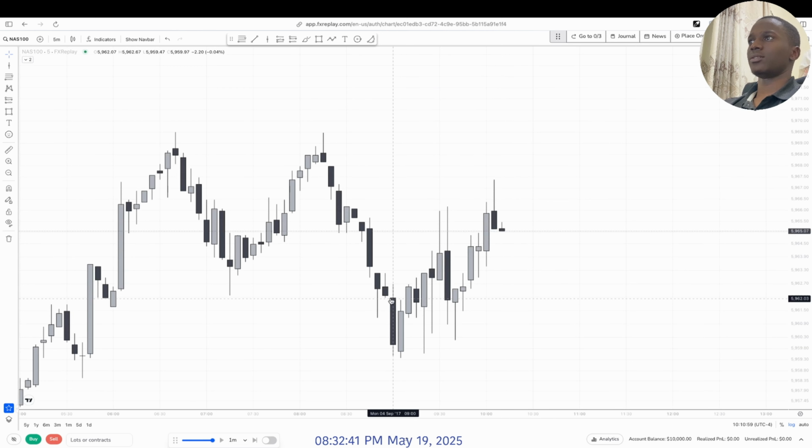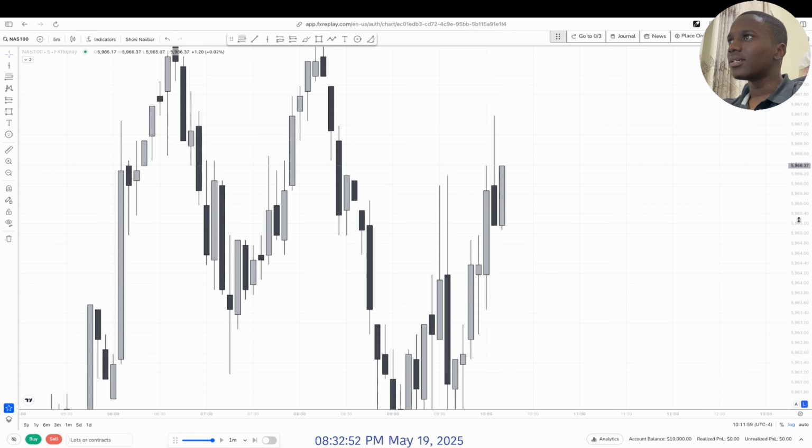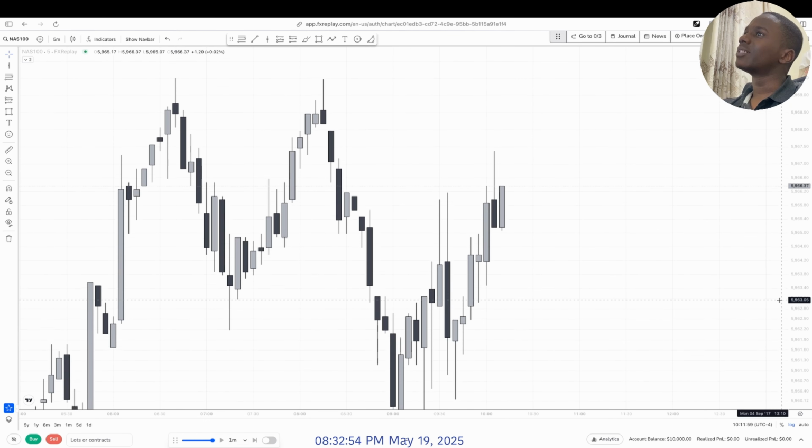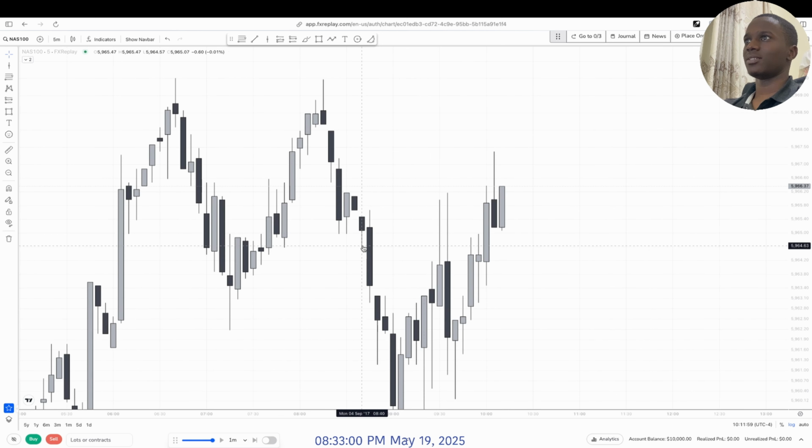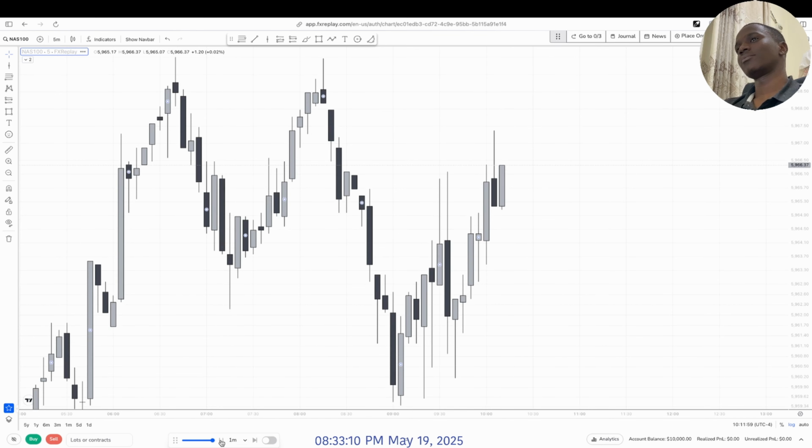What time is it? It's currently 10. Let's see, do we get a fair value gap to enter from? This one. This is a good gap to enter at. Let's see. It's a really small one. In the 1 minute, it's a big gap, but in the 5 minute, could it be a new burst? I don't know, I don't see signs, but I know this liquidity will be taken out. Let's wait and see.